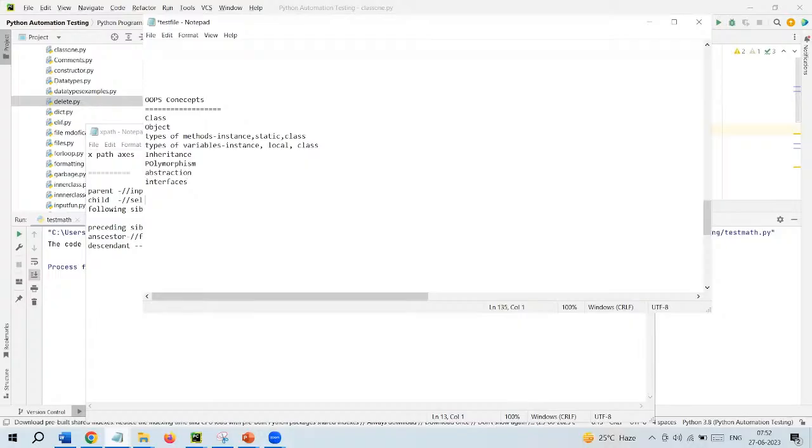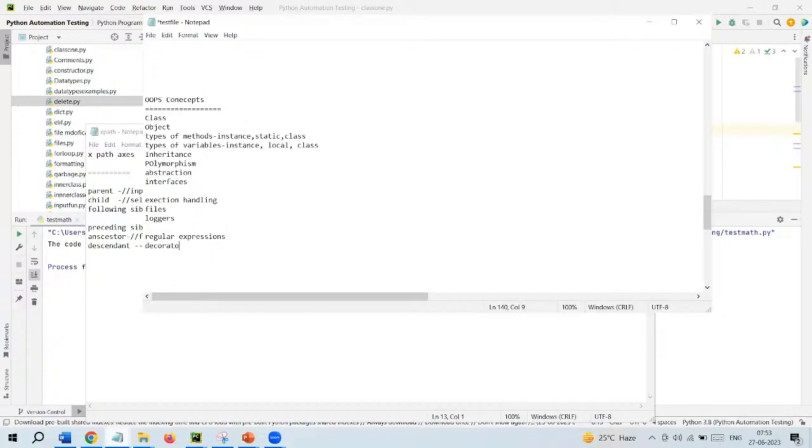After that, we will move to the exception handling concept, files concepts, and loggers concept. Okay, these are the concepts for automation testing purposes that we are going to cover in our classes. Other than this, there are a few more concepts: regular expressions,